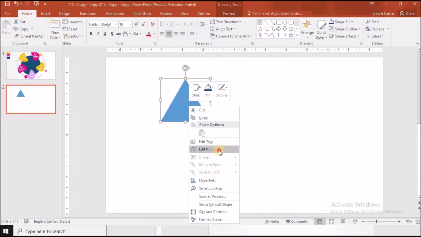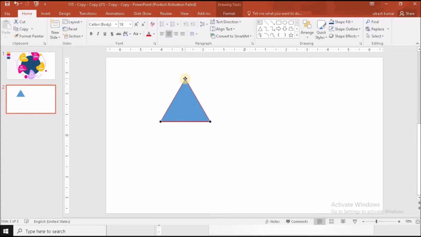Okay, so right click over here, click on edit point, click on the topmost handle and drag this left handle something here and the right handle something here like this. Now do the same with this left bottom dot. Just drag this over here and drag this handle over here. Now do the same with this. Just click on this dot and drag this